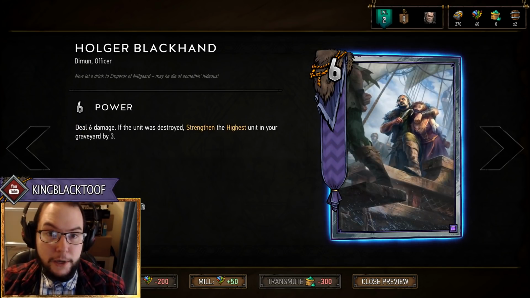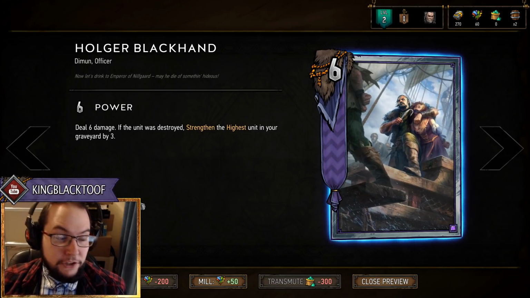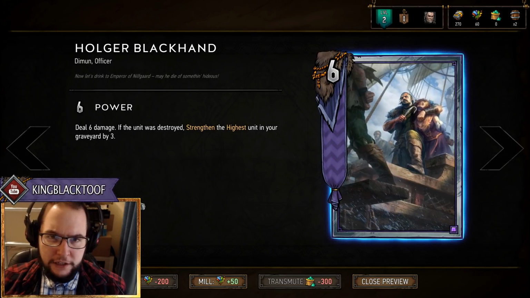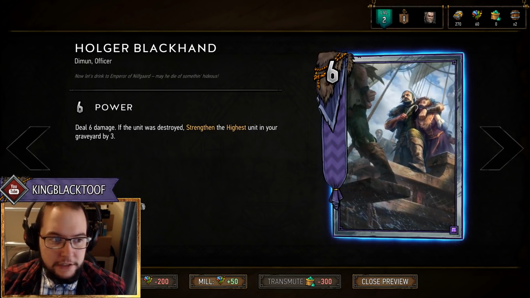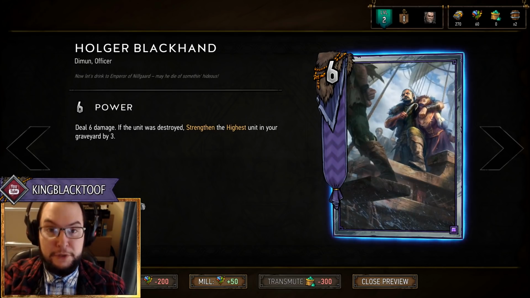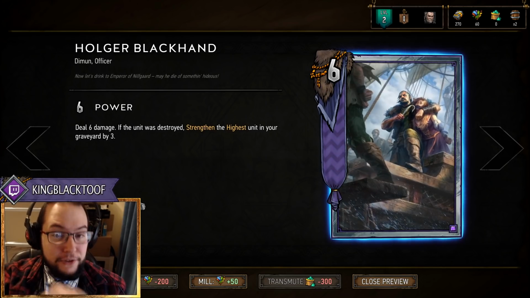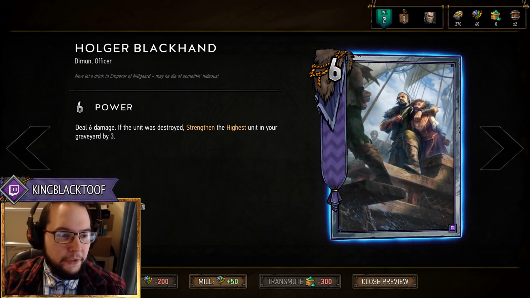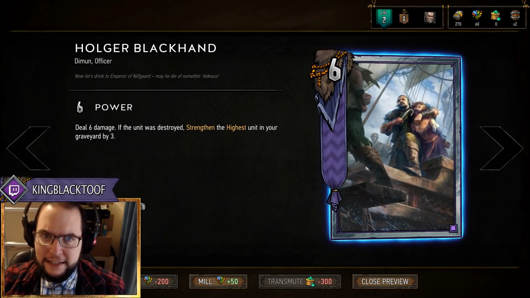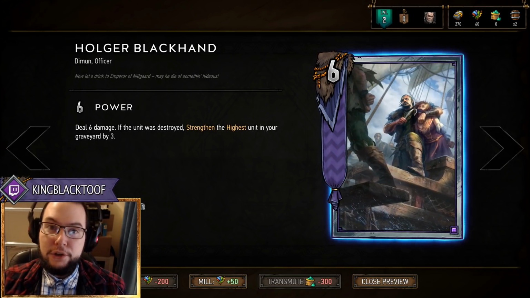The next notable card is Holger Blackhand here. 6 strength and you deal 6 damage. If the unit that you attacked is destroyed, you strengthen the highest unit in your graveyard by 3. First of all, this card is very good because it can kill the Lord of Undvik that we just saw, because he does 6 damage. And if you kill that unit because he wasn't buffed or something, then you strengthen the highest unit in your graveyard. This Skellige deck does have Resurrects, so by strengthening something in your graveyard, you can resurrect it,